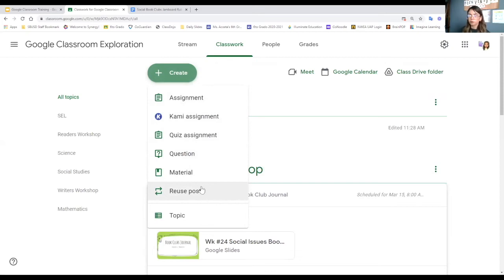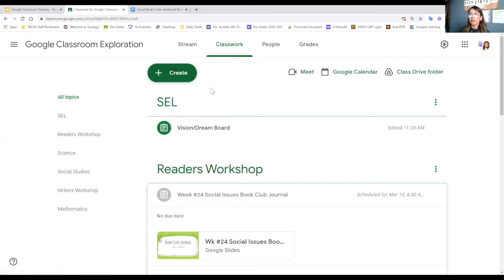And also here you have the Meet link if you want to use it as a way to connect with the students. It's right here. The class drive folder means that all the assignments, all the materials, and all the work from the students is gonna be saved into a Google Drive folder. So if you click on the class drive folder,